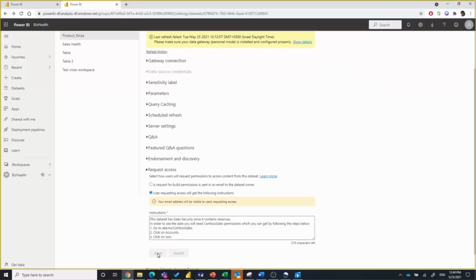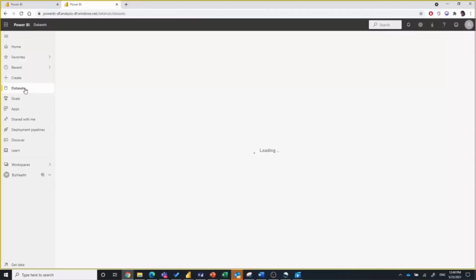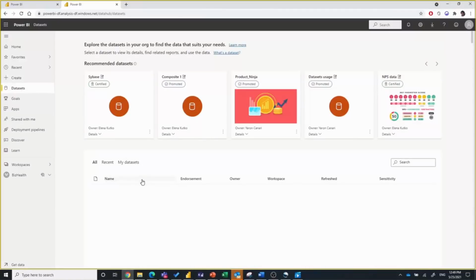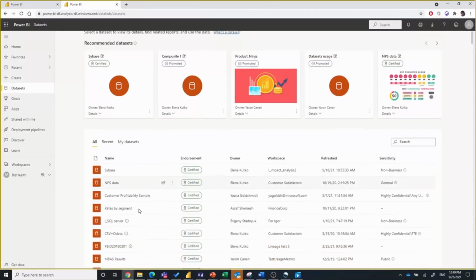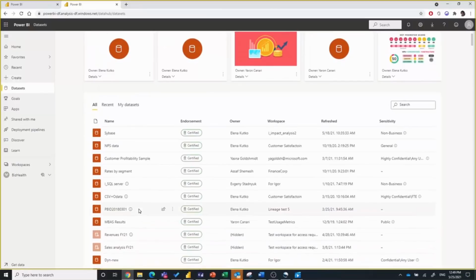Now let's see how it looks for the end user. In the datasets list, I can now see the datasets that were made discoverable and that I don't have access to yet. This is one example of that: Revenues FY21. I can see the request access action and click on it.